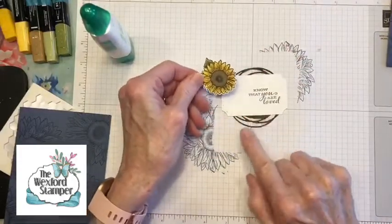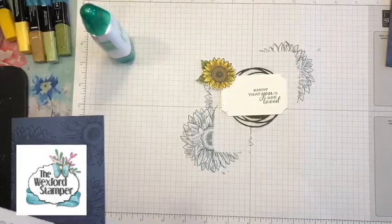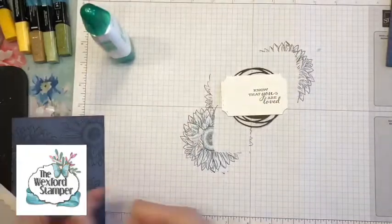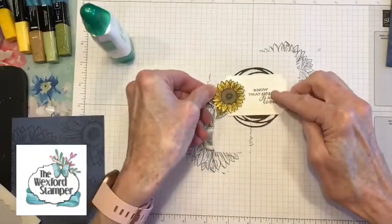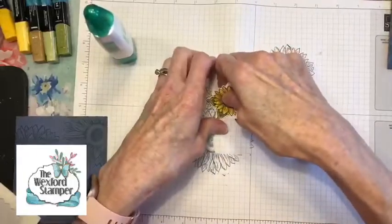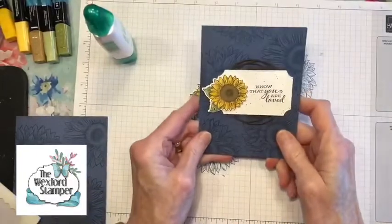Now we have our daffodil. We have our sunflower. Oh dear. Okay. We're going to put 2 dimensionals on that, and we're going to put him like that right there. Okay, now if you notice on my card, I added a little bit of something to just